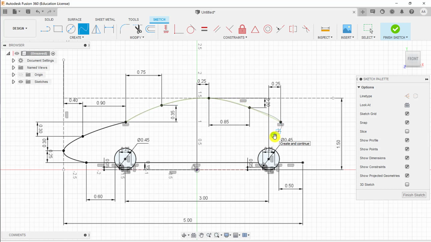Once we've connected all the points, click the green check mark, and there we go. We have the spline defined. Now for the back section here, it's going to be pretty simple. Let's just create a straight line, use the regular line tool at this point, and let me begin down here. It'll be a little bit easier. We're going to go up and then over,